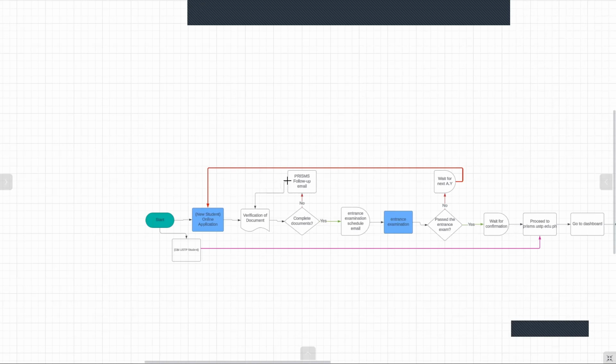If your documents are complete, then you will wait for the entrance examination schedule email. If you got the email, you will wait for the exact date of your entrance examination and take it on the assigned date. After taking the entrance examination, you will wait for the result.